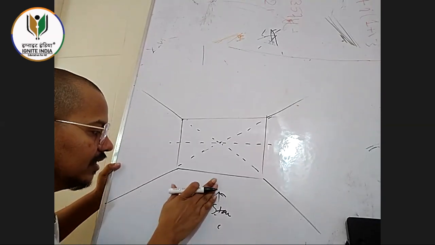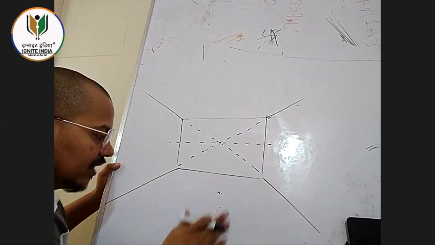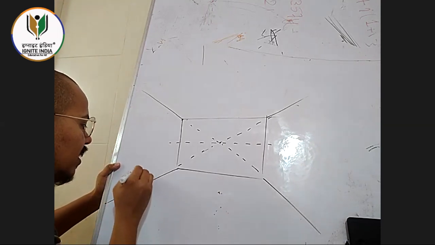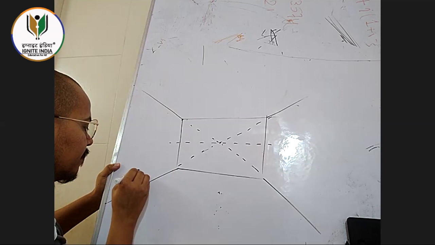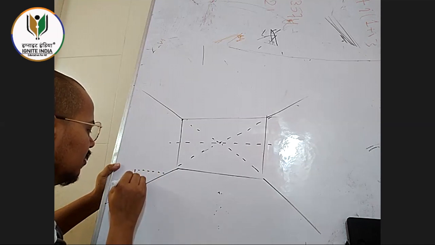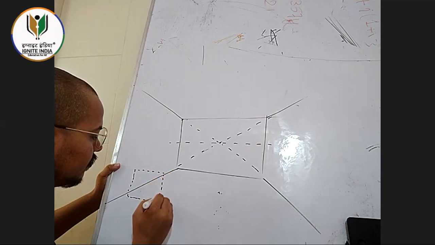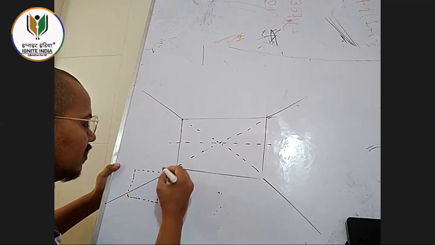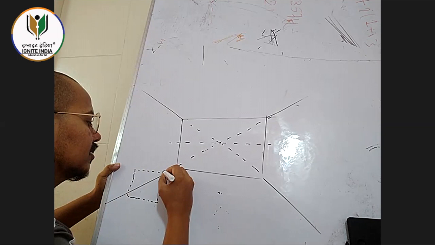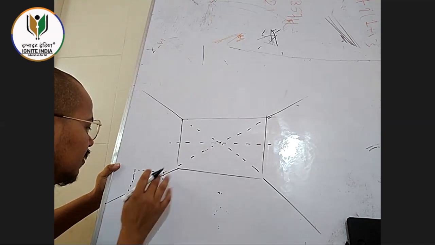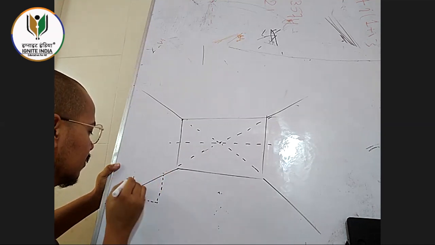Inside that, we have to create, let's say, one object. Let's say a sofa. A sofa has what kind of structure? A cubical structure? Like that. Let's say you have a sofa here. Going like that, it became a bit too big a sofa, so let's reduce the height a little.